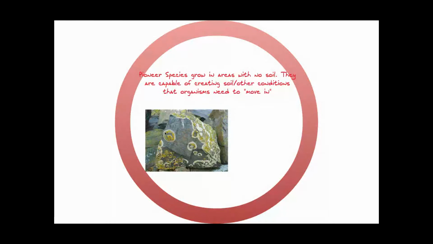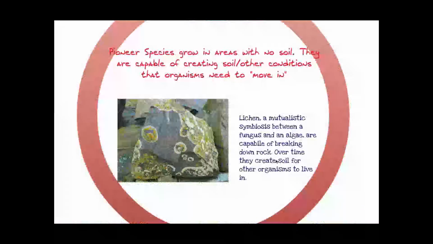And over time, these lichens live and they die and they decay and they build up in the area around. And actually, as these lichens live on the rock, they excrete enzymes that can help break down the rock and help turn that into dirt. So over time, these lichens will keep growing on these rocks. They'll keep dying, and they're going to build up down here. This is going to take hundreds and thousands of years for them to create a small little patch of soil. But once they create that small little patch of soil from dying and building up and breaking down the rock, eventually there's going to be enough soil for other organisms to move in. So this is a lichen. It's going to break down the rock and create the soil for other organisms to live in or move in.